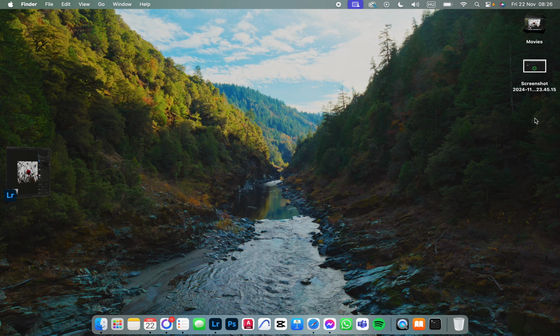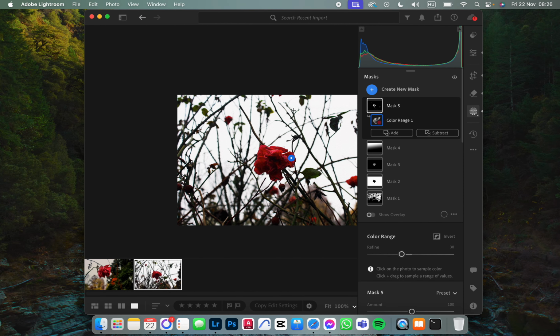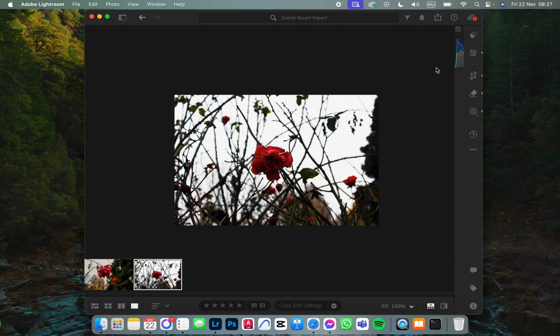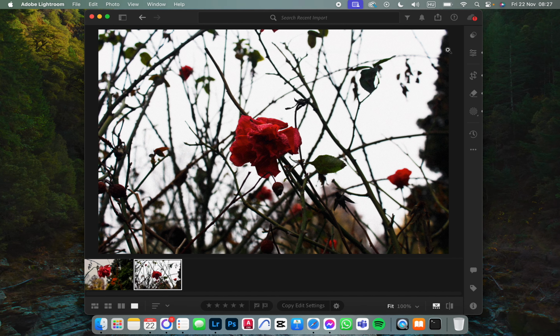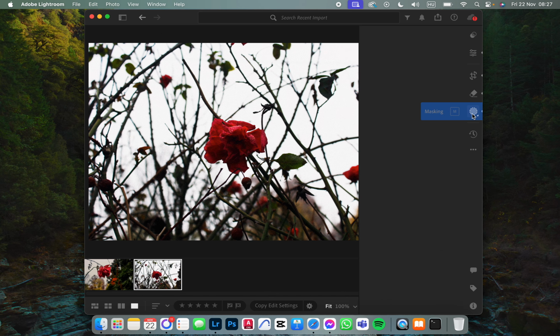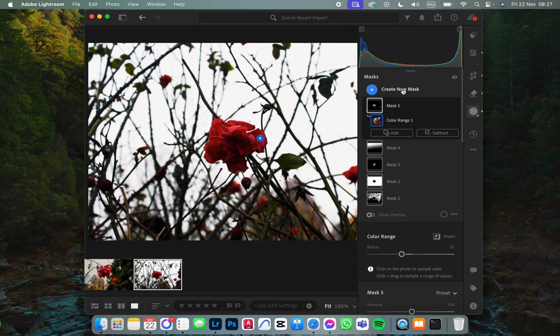to show you how to create a luminance range mask in the Lightroom app. First we have to open up the app, and here it opens up like this. Here you have an image. From here we just go into the masking tool, which is this one, and here we click on create new